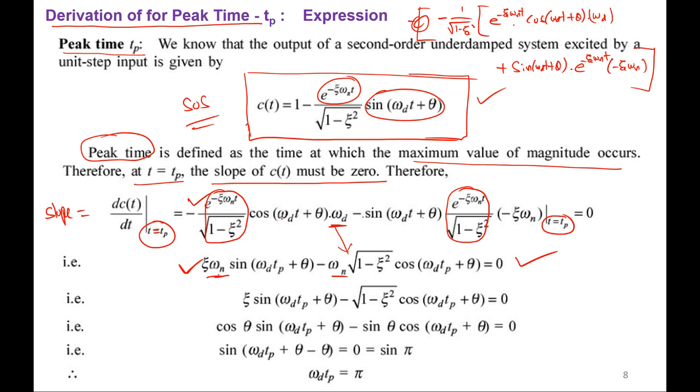Then the remaining terms they have written here, z sine of this omega n will vanish. So we have z sine of omega d Tp plus theta minus this, right? I hope you understood this. Then next,